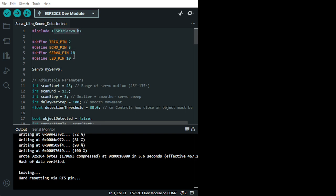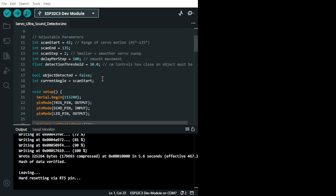I found in my case, I've tried several, but pin 18 seems to work fine. Okay, so that's my experience. I'm not sure about your side. Okay, so here's my servo, and